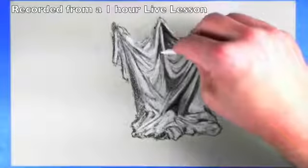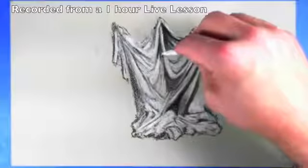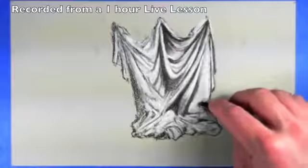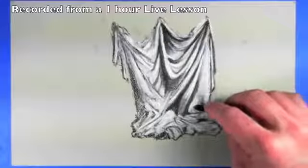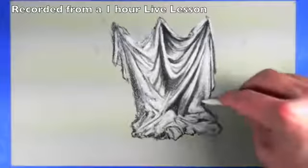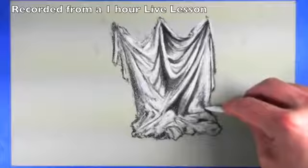Because there's another fold that kind of comes down here that's pretty dark, and I need to make this bottom part just a little bit darker. Like I said, as I see areas, even areas that I might have already worked, I'm going to go back